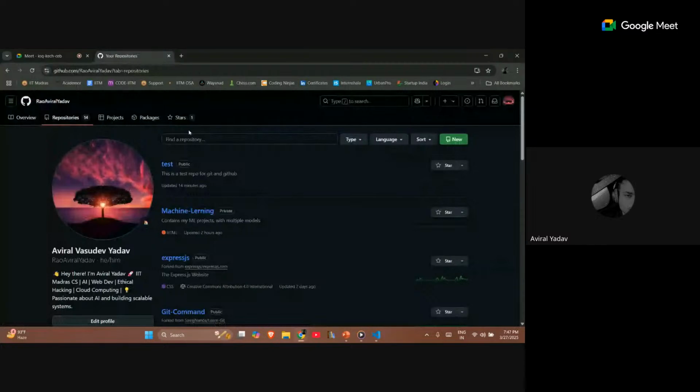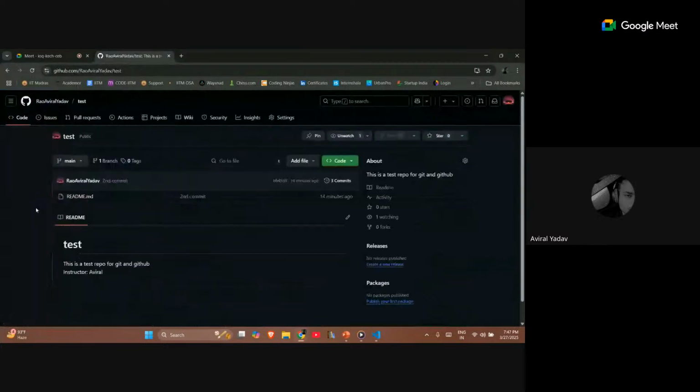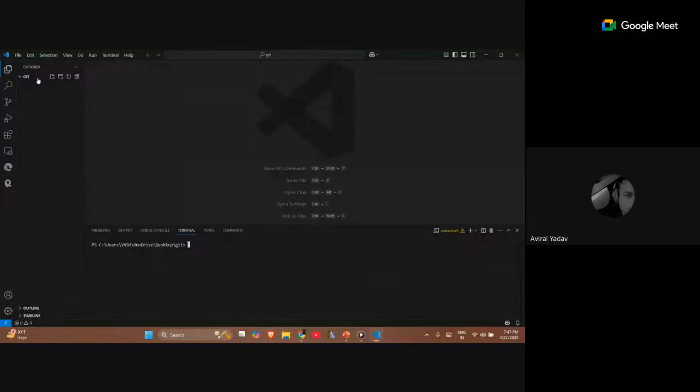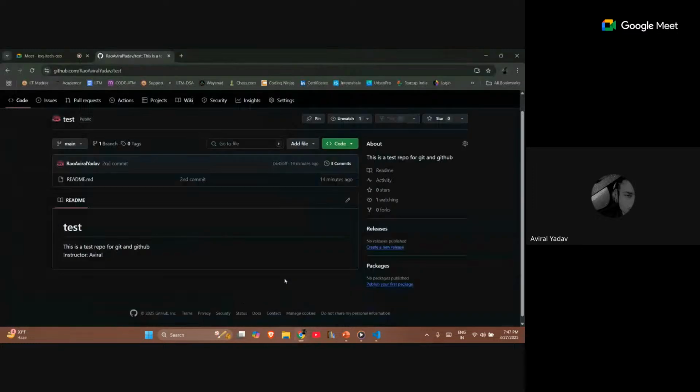Okay, so guys, I've just created a repository that I was telling you about, which was test, right? Okay, and yep, I've opened this folder that I created on my desktop, which was named Git. I've already installed Git on this device of mine. So what I'll do is bring that repository to work on it from my local system. The device you're working on is what you call a local system, and this online stuff, which is the GitHub account associated with it, is called a remote.